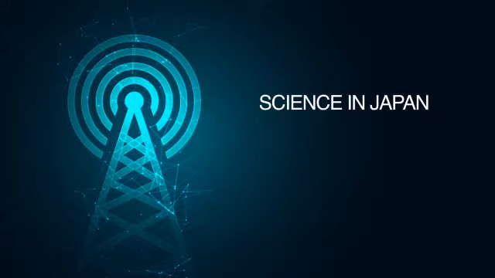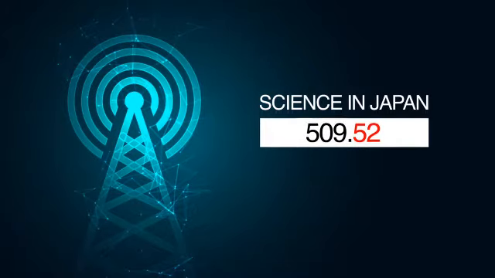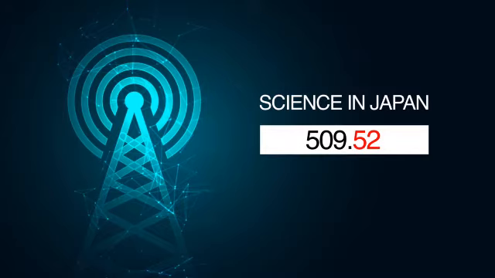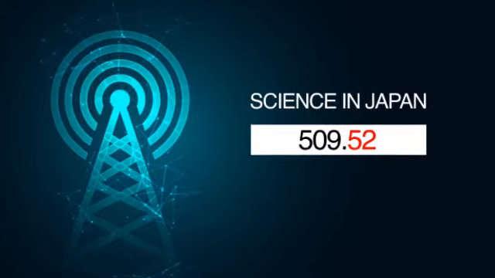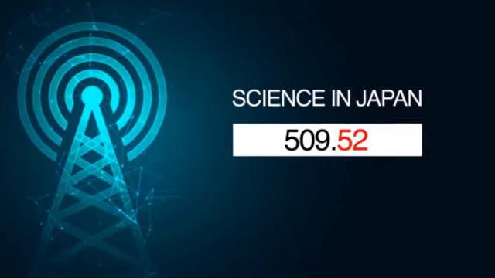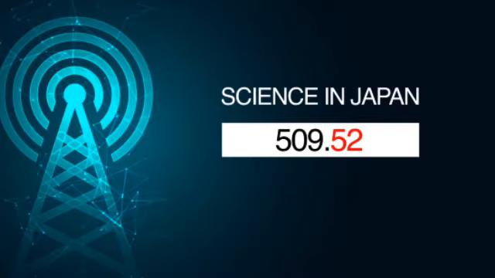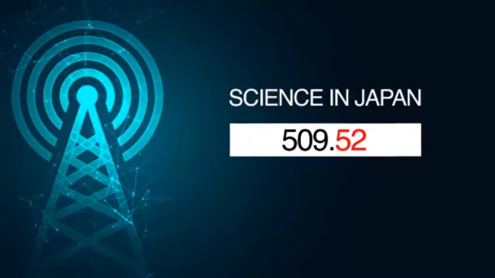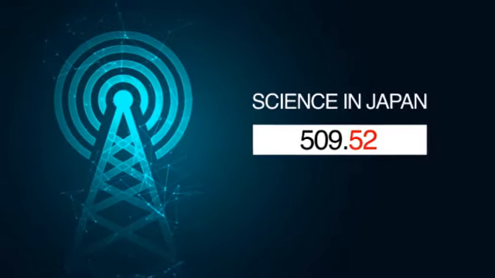I have just now told you that the number for Asia is 5. Therefore, within Asia, you find number for Japan is 520. So the number for science in Japan becomes 509.52. We have added Japan through 09. And we have not used 500 because in sciences there is an instruction that tells us that while using table 1, we are not to use this 0. Therefore, the number becomes 509.52.